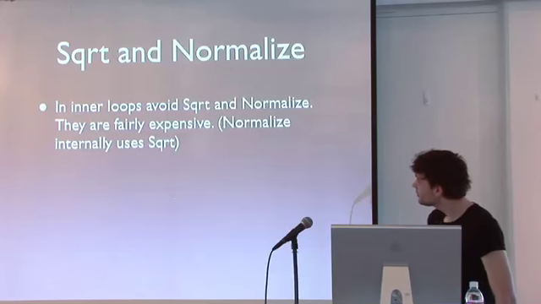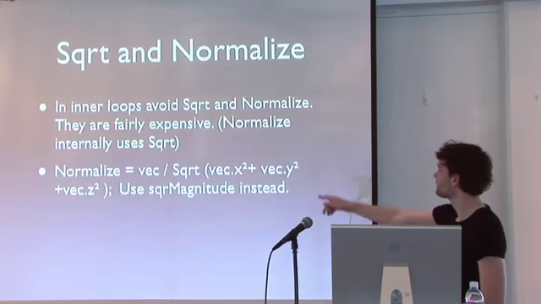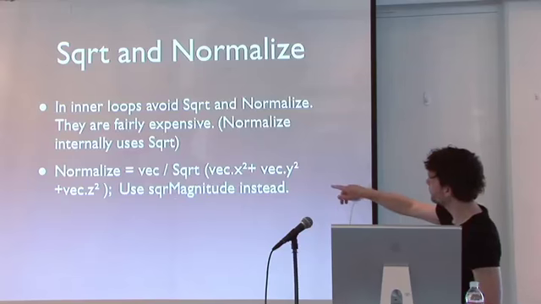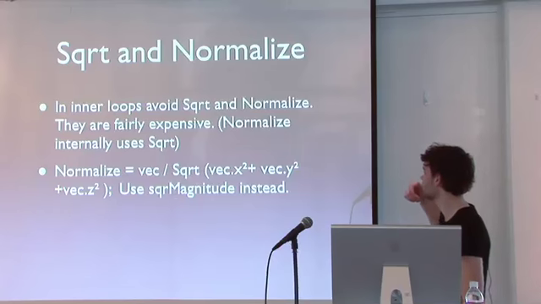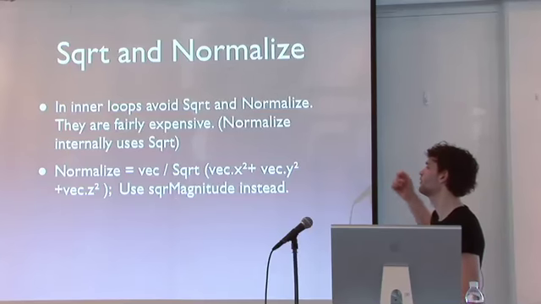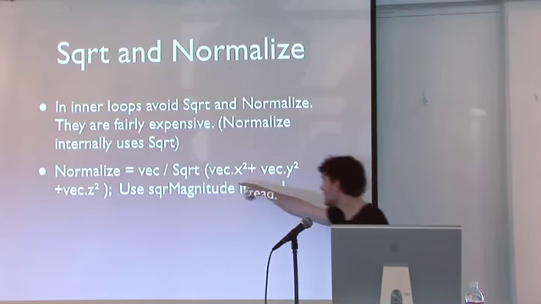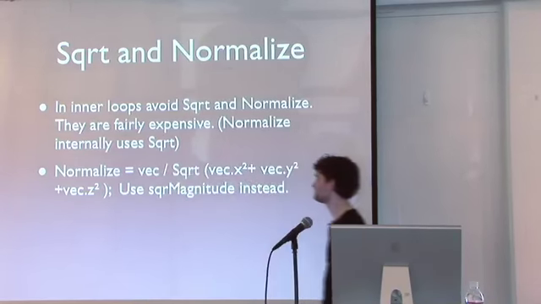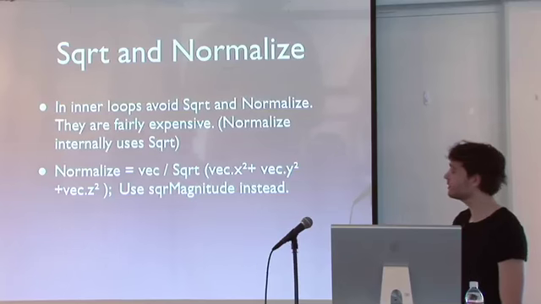So what you have to know is that a normalize basically looks like this. It takes the vector and divides it by the square root of the vector x component multiplied by the x component, plus the y component multiplied by the y component, and the z component multiplied by the z component. Now, that part isn't so bad. This part is bad and this part is bad,